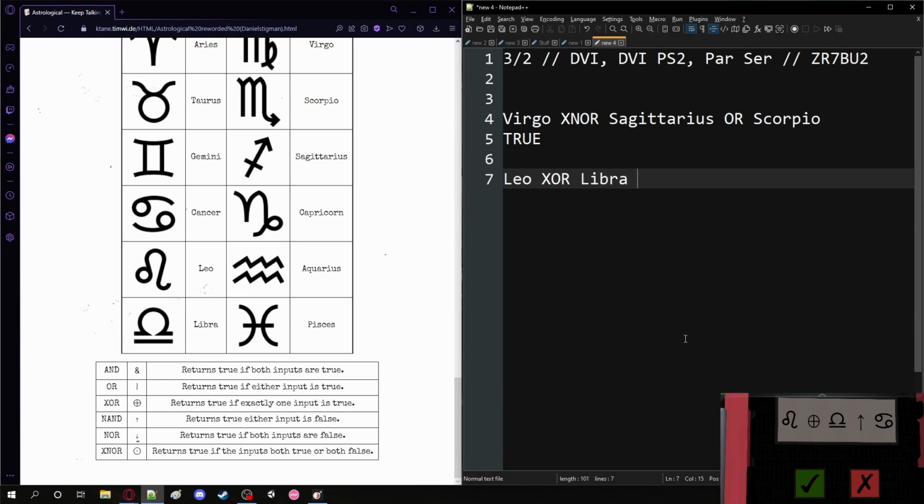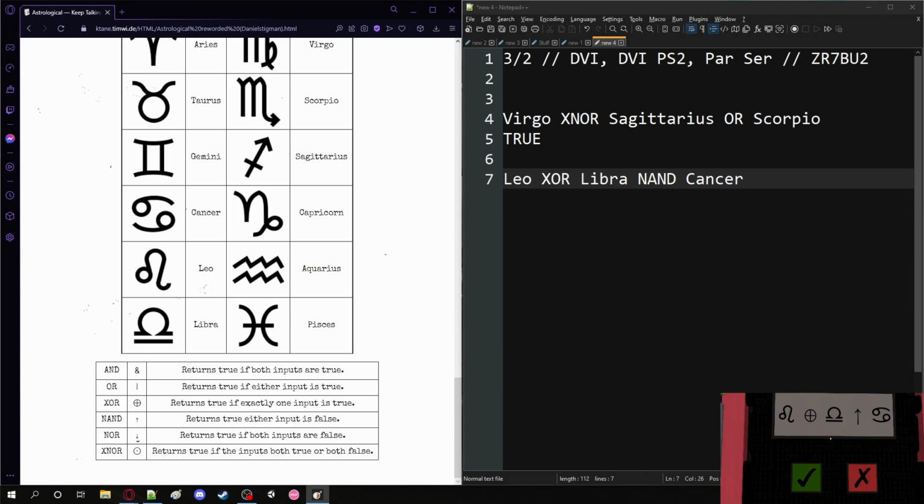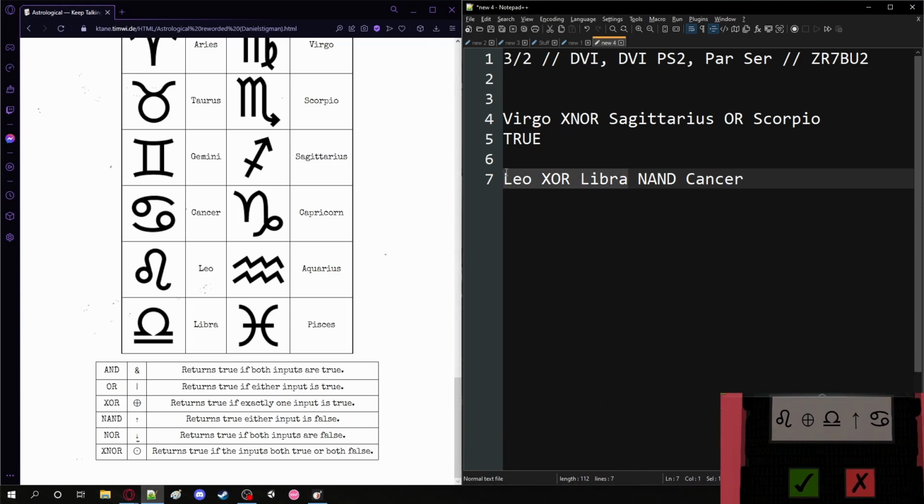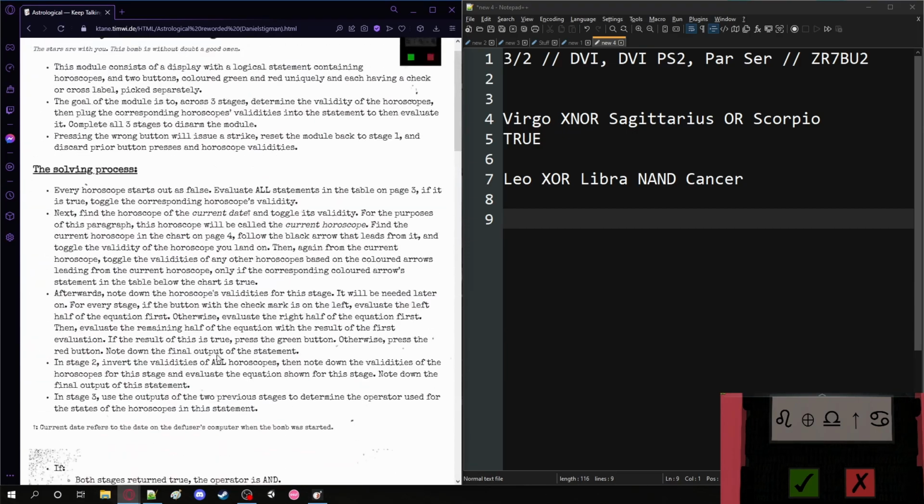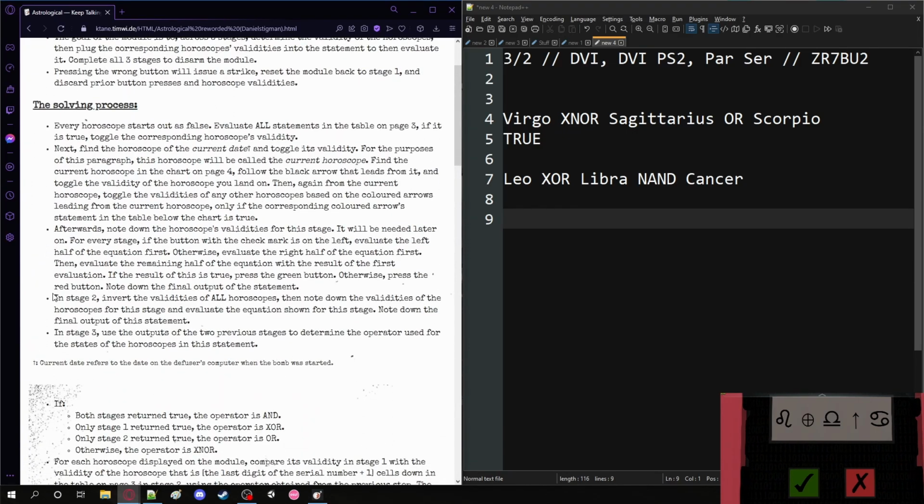And this is a NAND sign. Cancer. And this time the check mark is on the left, so we're going to be evaluating the left side first. However, with this step, what we need to do in stage 2 is invert the validities of all horoscopes and